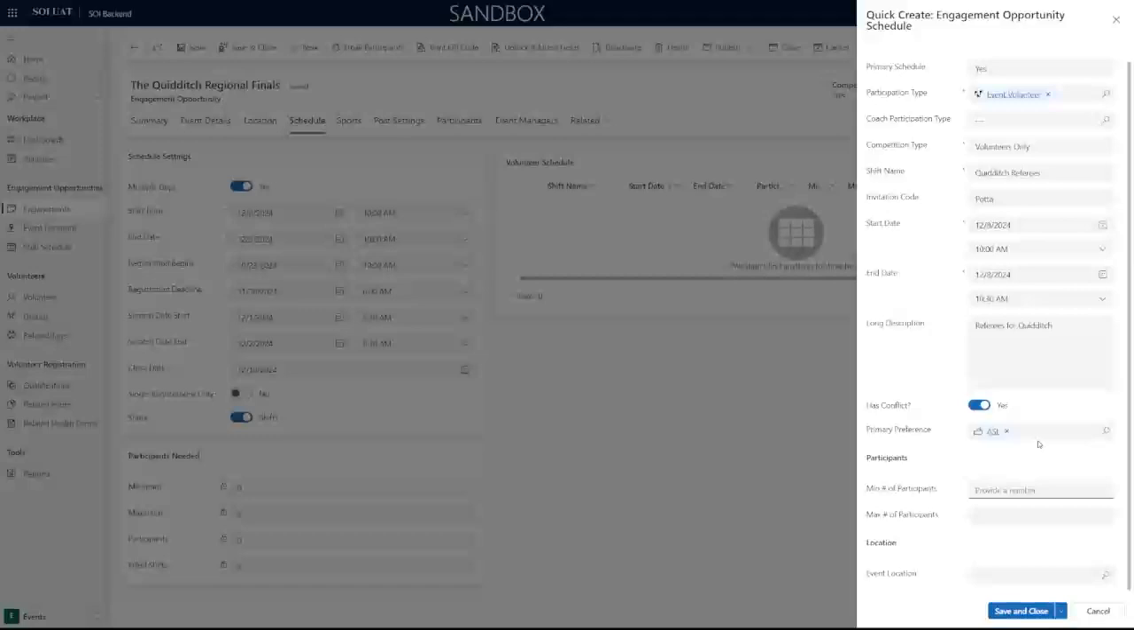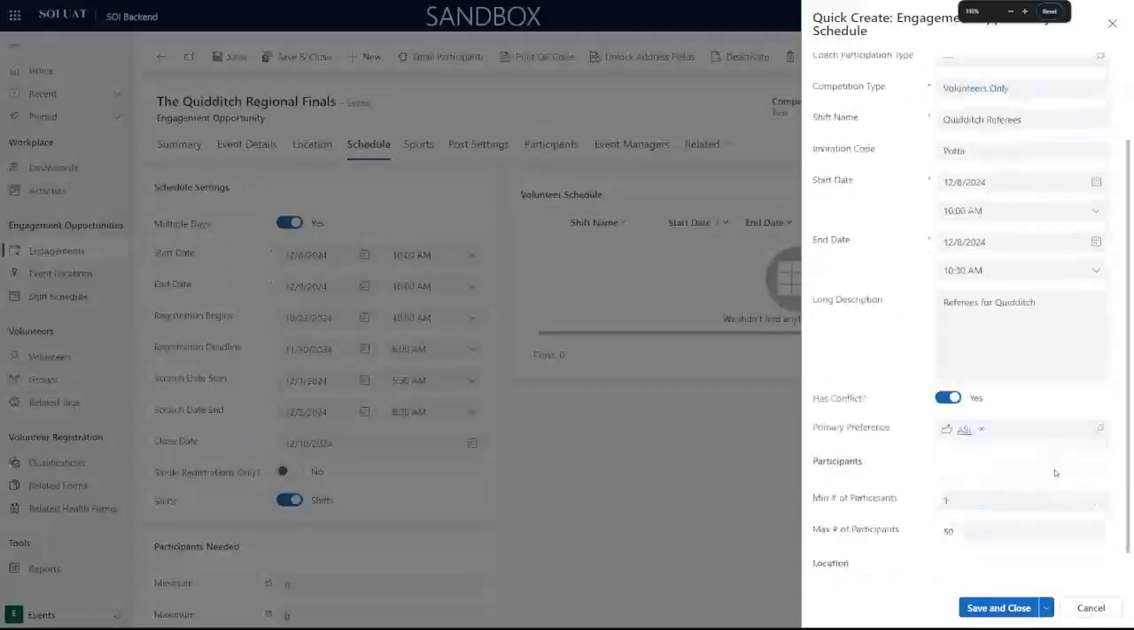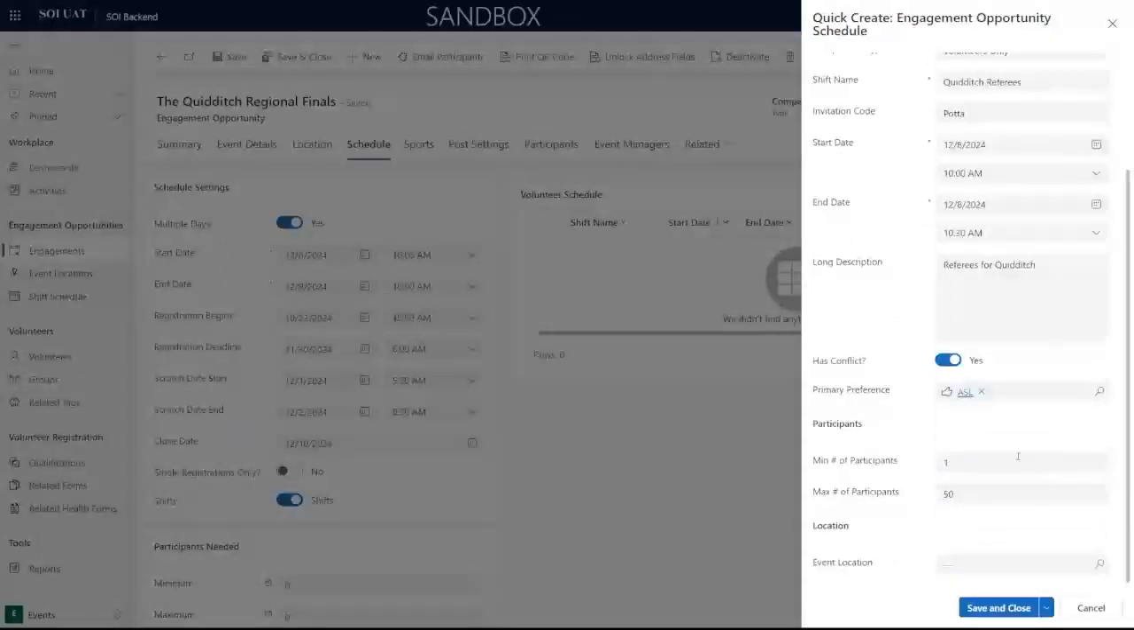For the minimum and maximum number of participants, this indicates how many people we need to have on the shift and how many we can allow to have on the shift. It has to have at least one person, and the maximum can be whatever we want. So we need one referee, and we can have a maximum of 50. So definitely a huge reminder and training piece is that it always has to be at least one person as